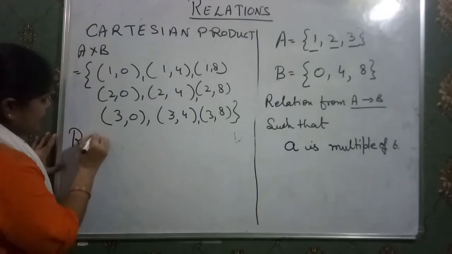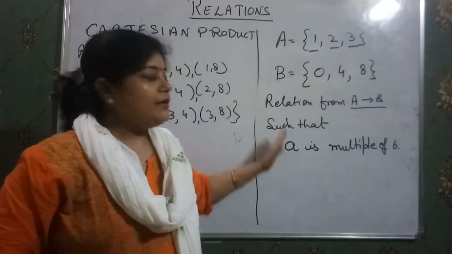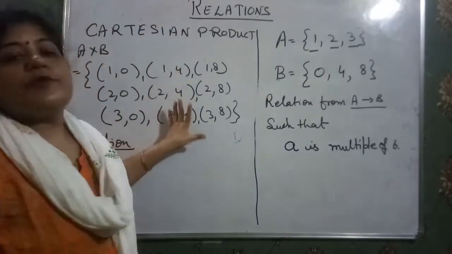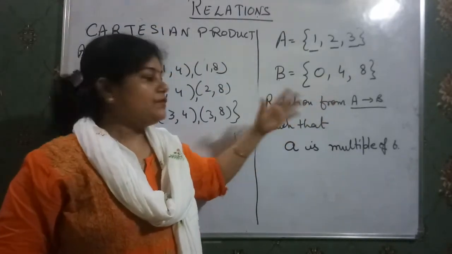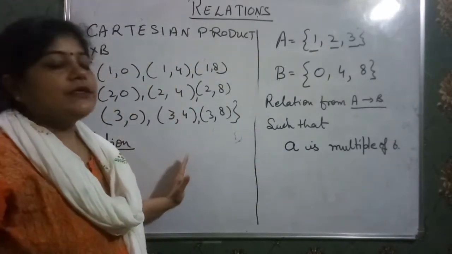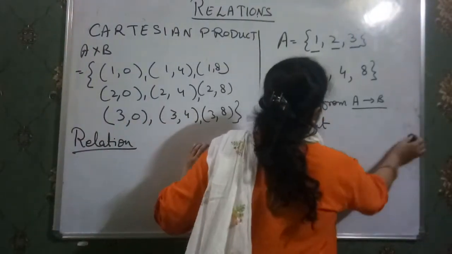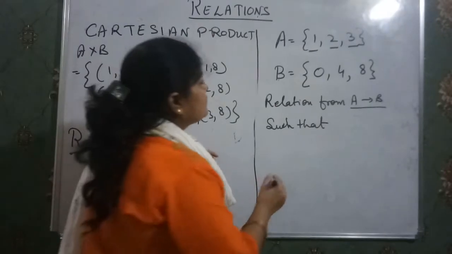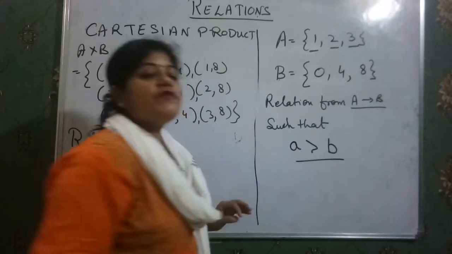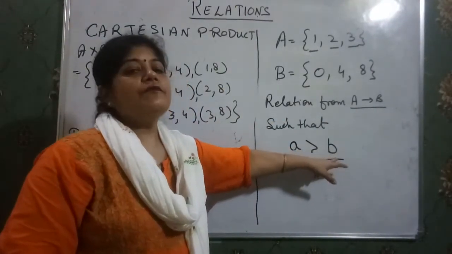But if we have to find a relation, and the condition is given, we follow the condition also. If the condition is not given, then the Cartesian product as a whole represents the relation. So when a condition is given, we just take out those ordered pairs which satisfy the condition. For example, if we have a condition that the value of A must be greater than the value of B, we have to take the ordered pairs in which the value of A is greater than the value of B.